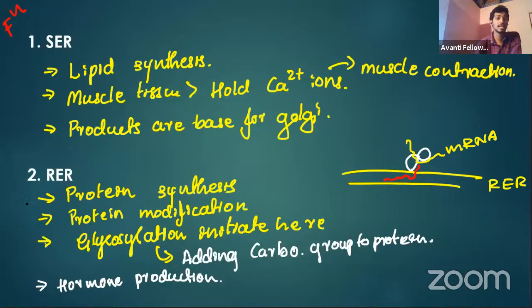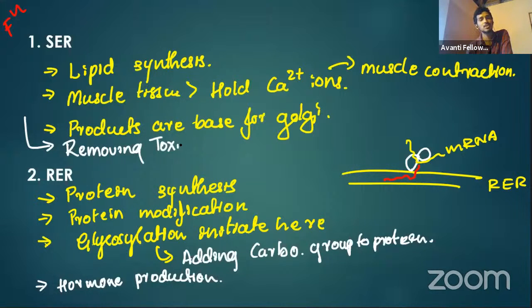Actually, I left one more thing, guys. Sorry for that. Smooth endoplasmic reticulum has an important function: removing toxic molecules. This is very important. Whatever chemicals you are taking, either you may be taking an antibiotic, right? Antibiotic is harmful for the bacteria, but this is not a compound which is normally present in our body, right? So the destruction or removal of the antibiotic will happen in the smooth endoplasmic reticulum, and